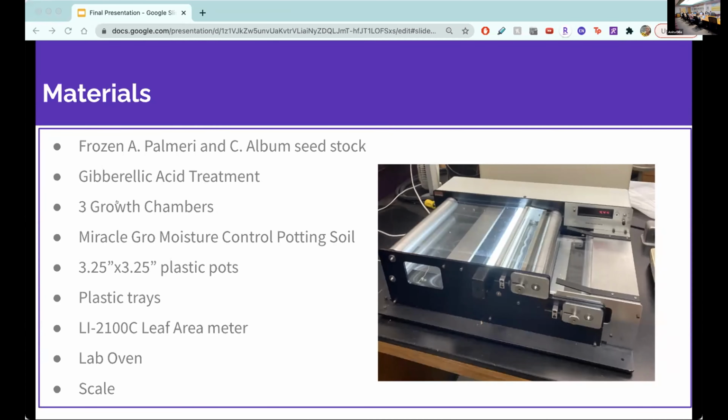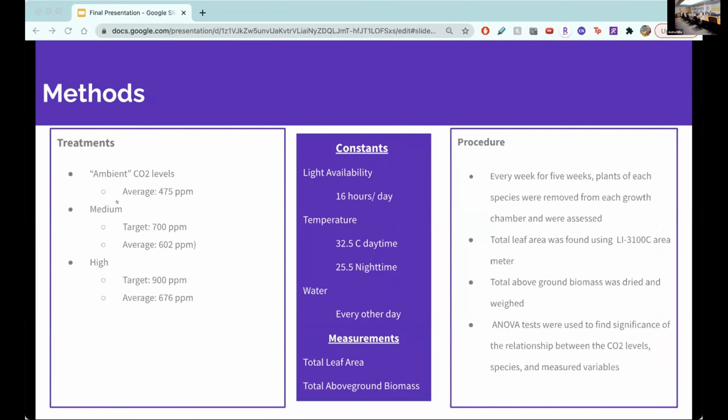scale to collect data. So once they were placed in the growth chambers, 2 growth chambers received elevated CO2 conditions, while the third was control and subject to just the ambient levels of the growth chamber room. Each chamber received the same daylight hours, temperature, and watering to keep that consistent. And every 7 days for 5 weeks, I removed 13 plants of each species from each growth chamber for processing. I found the total leaf area of each plant using the leaf area machine I showed, and the leaves and stem of each plant were recombined and dried in a lab oven and then weighed to find the total above